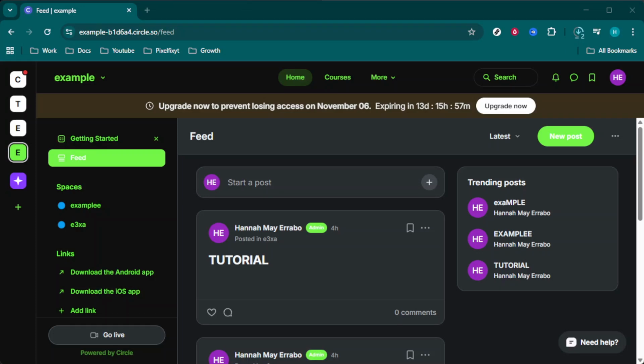In today's video, I'm going to teach you how to add Google Login to Circle.so for the year 2025, integrating Google Login into your Circle.so Community is a great way to make the login process easy and smooth for your users. By the end of this tutorial, you'll know exactly how to set this up, ensuring your community members can sign